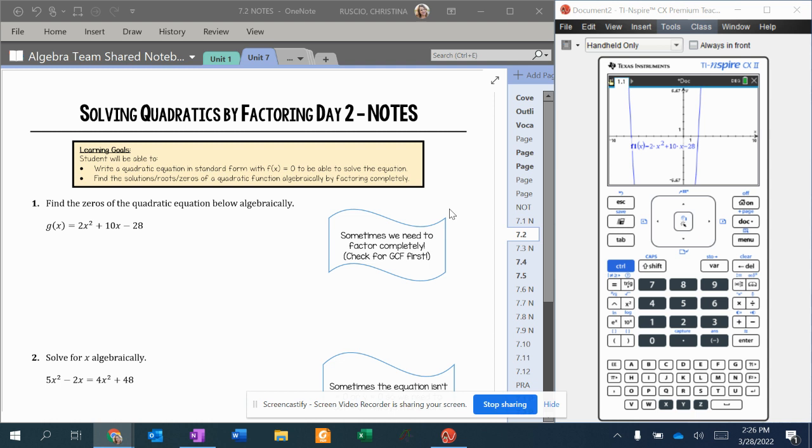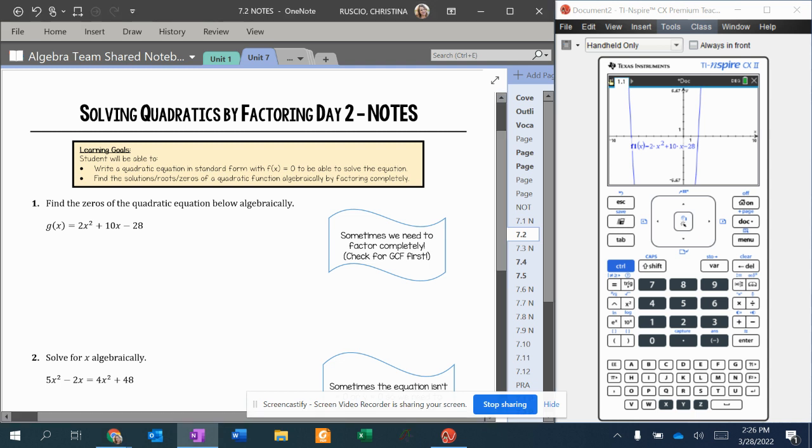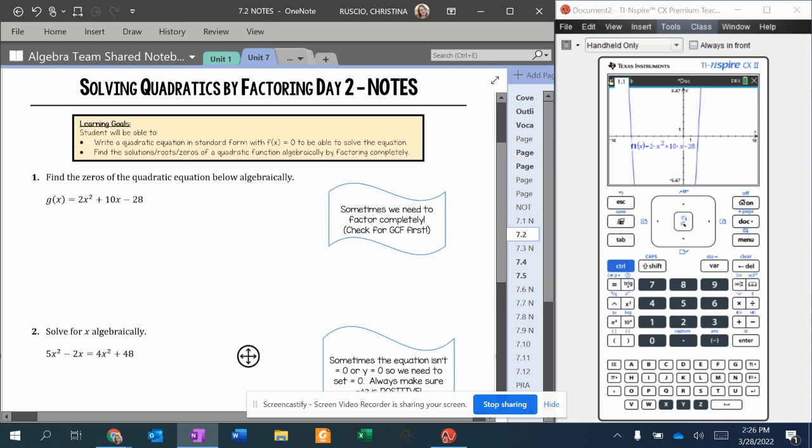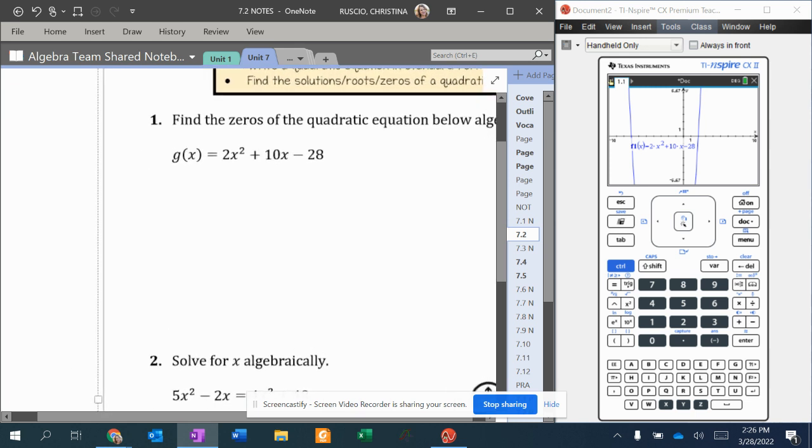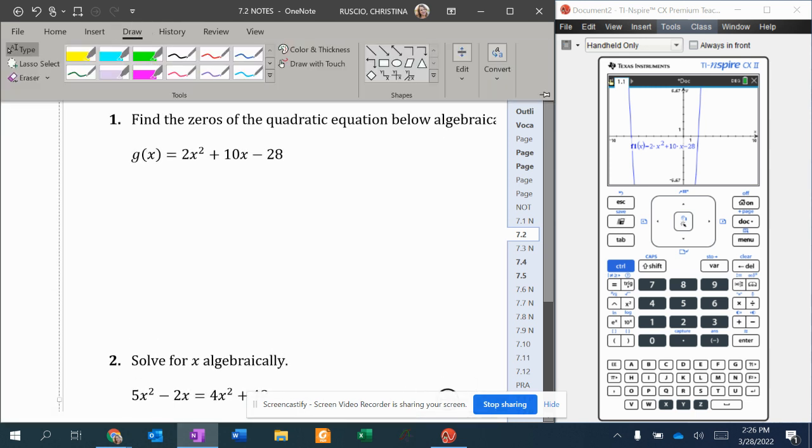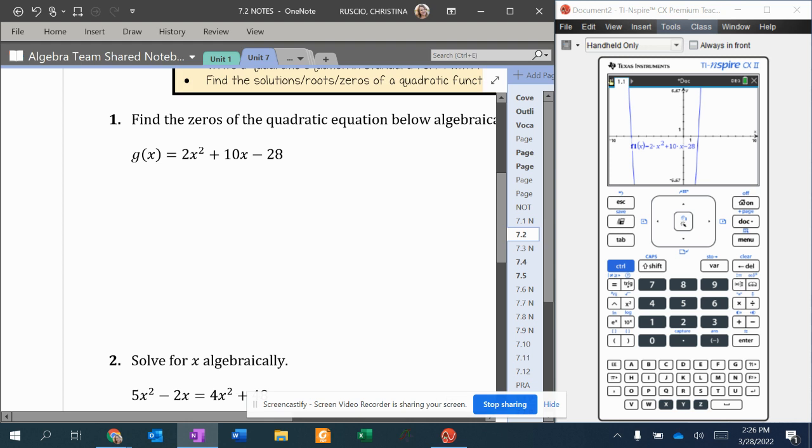We are going to find the zeros of this quadratic algebraically. And let's use these little thought bubble things, flags. Sometimes we need to factor completely. So we're going to take a look at this. And I think some of you are like, well, Mrs. Ruscio, let's set it equal to 0. And I know that there's some friends out there who really hate having the 0 on the right-hand side. So let's just move it on the left-hand side so people don't get stressed. Okay? So here's our first step. We're going to make g of x,